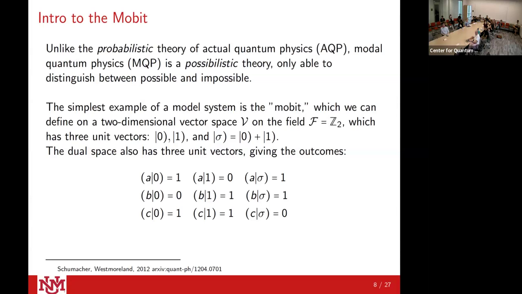But it's 0 plus 1 equals 0, equals sigma. So they're not quite linearly independent in that sense. Right, so their dimension is not going to be 3. I think in modal theory you lose the idea of orthogonality as such. Well, it's not orthogonality, it's just linear dependence. Sorry, what was your question? My question is, that seems to be a 2-dimensional space, and then the dual space has 3 vectors, so I'm kind of confused. But we don't have to dwell on this.